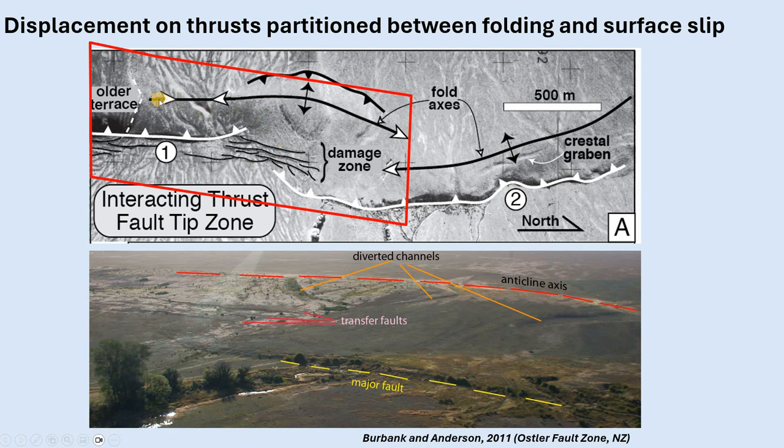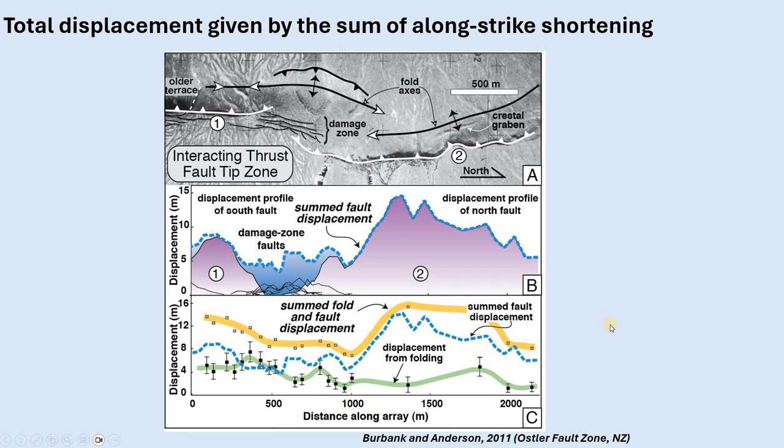And each of these faults has a growing anticline fold behind it, shown in these black lines. So you can also see that here in the picture. Here's the anticline running in behind, here's the transfer faults, and then here's this other major thrust tip here in the foreland. So again, in this study, they summed the displacement from folding